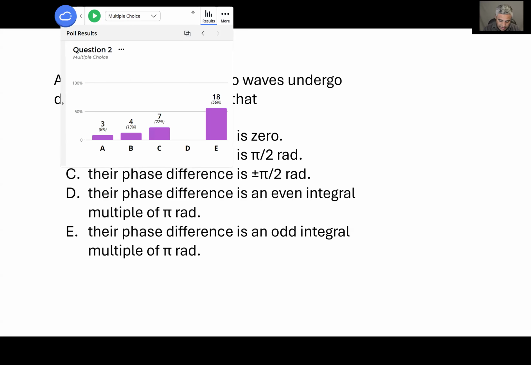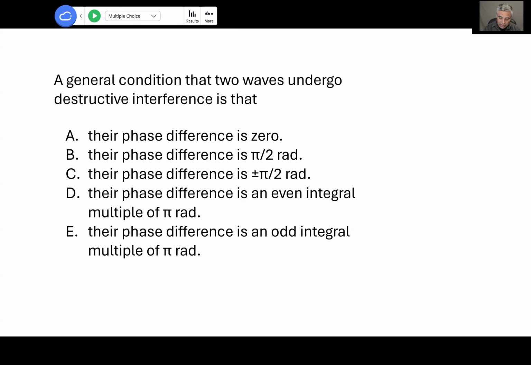We have odd integer multiple of pi, mostly. So let's see. So we have delta phi is (m plus half) times 2 pi. So that's what the equation is. So when m is equal to 0,